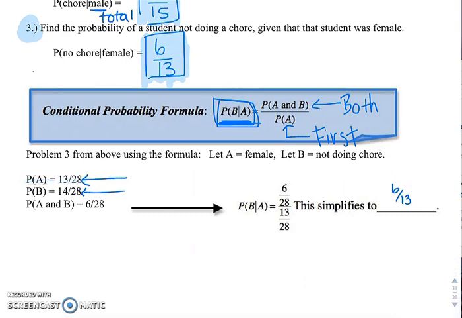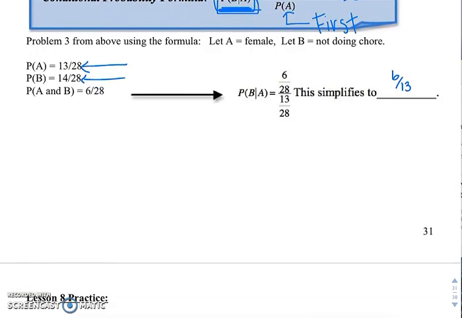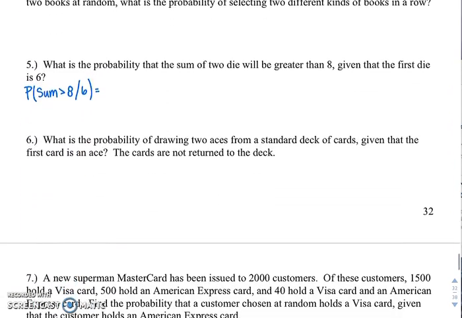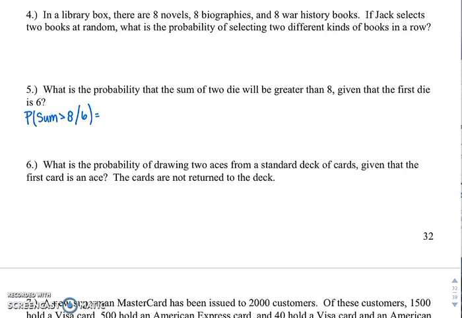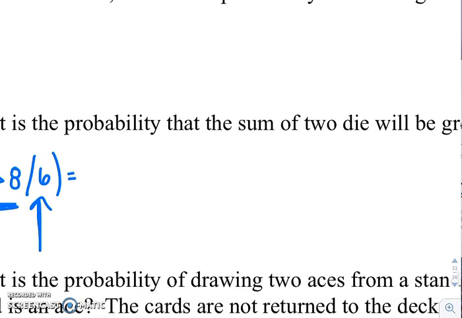So I'm just going to do one with you to kind of give you an idea. So let's go ahead and look at number 5. What's the probability that the sum of 2 dice will be greater than 8 given that the first die rolls a 6? Okay. So the probability of the first goes in the bottom. So I'm going to write it out in words first. So probability of a 6 is the first event. And then the probability,